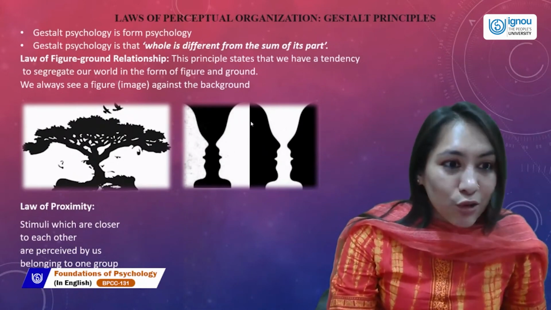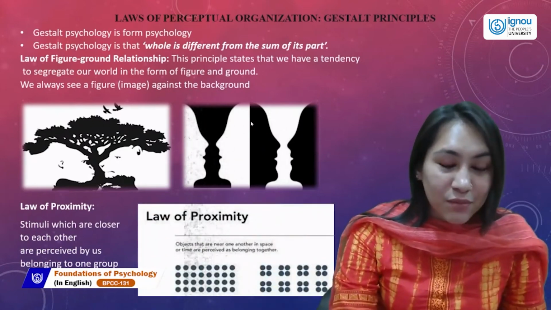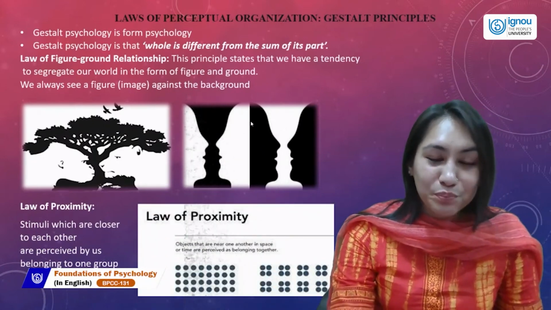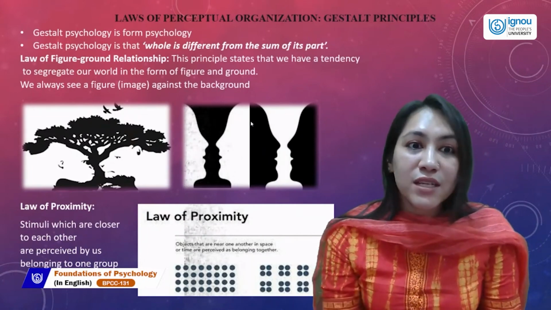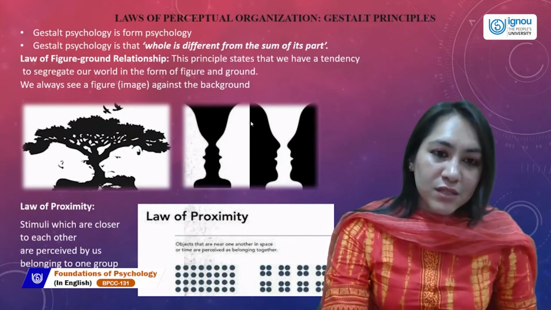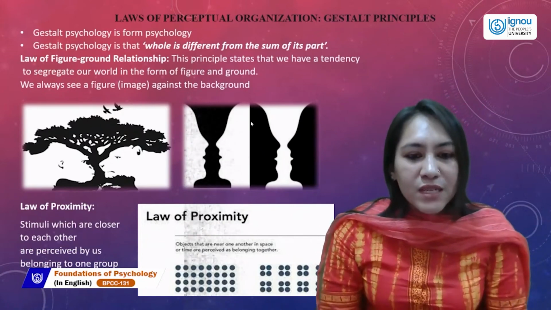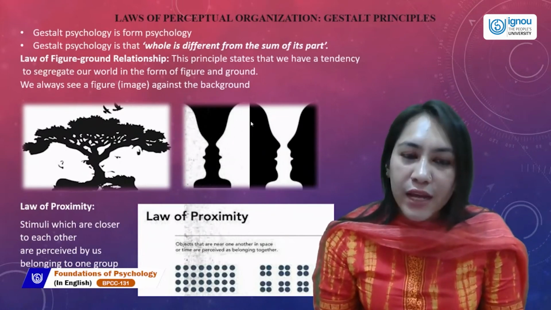Now move to the next law. This was the law of figure and ground, right? It helps us organize something which is your environment. It makes it easy to identify your environment, what is the figure and what's the ground. Now the next is proximity. Very simple. Proximity is any objects which are close together are seen to be together and we make sense of